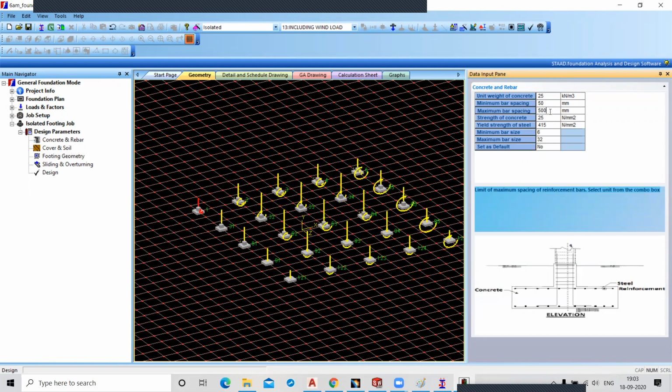And this is the strength of concrete, 25, and this is the yield strength of steel. This is your minimum bar size 8, and this is your maximum bar size 12. Do you want to change them, or are 8 and 12 fixed?